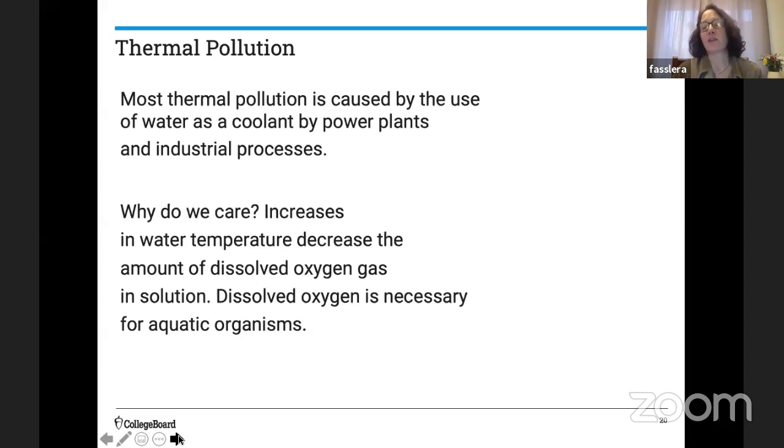I heat water, I make steam, I turn a turbine, and I power a generator. So if that plant, or it could be an industrial process as well, releases hot or warm water, above the normal water temperature of the local stream, for example, that's what we call thermal pollution. And the big problem with that is that it affects yet another abiotic factor of an aquatic ecosystem,